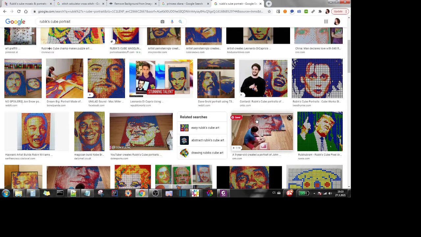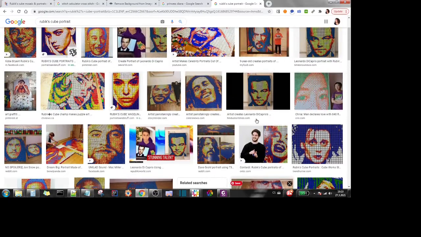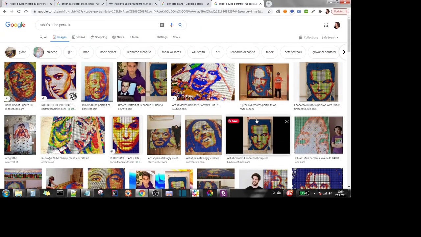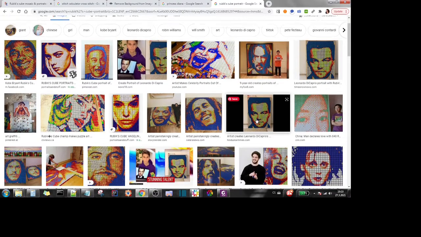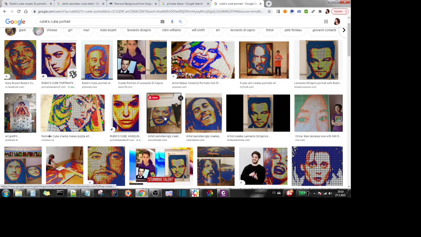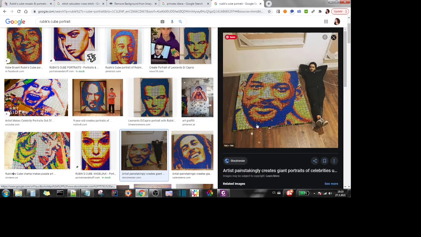Today I would like to demonstrate a method of creating a cross-stitch pattern that looks like a portrait made of Rubik's cubes. I'm sure you have seen those Rubik's cube portraits everywhere on the internet. It's quite a popular and very interesting thing to make. It looks very modern and it takes quite a lot of space if you really want to make it